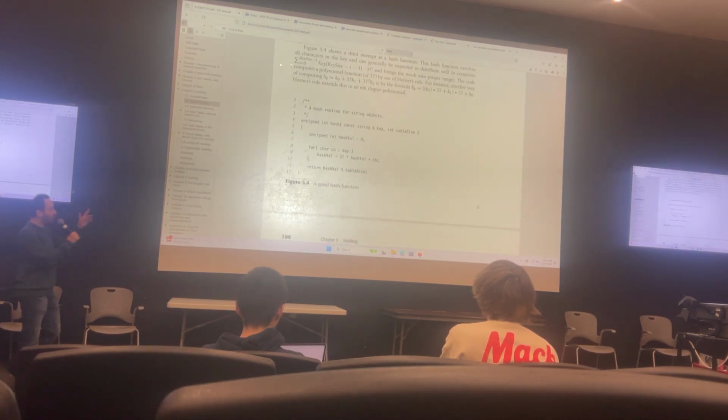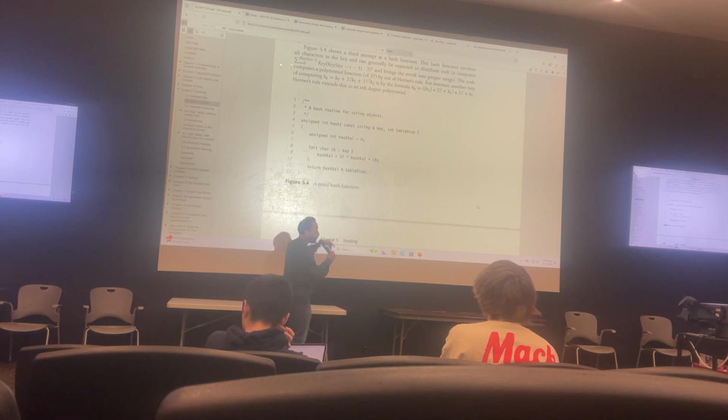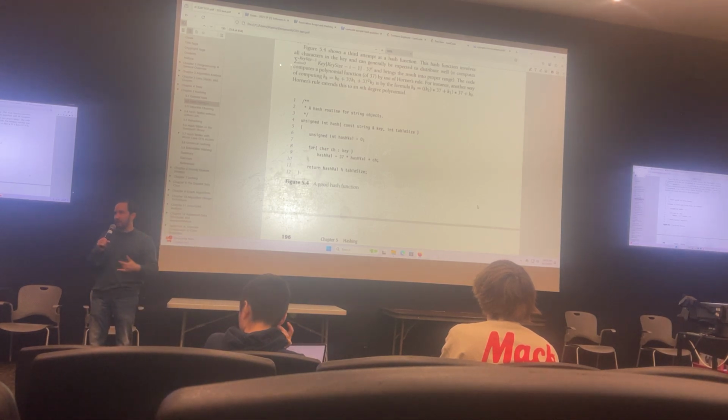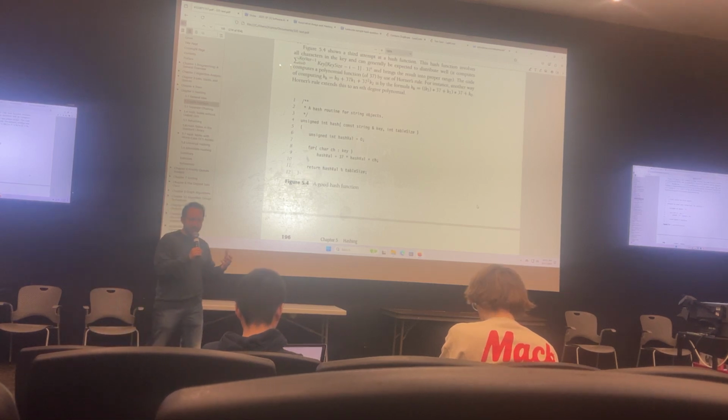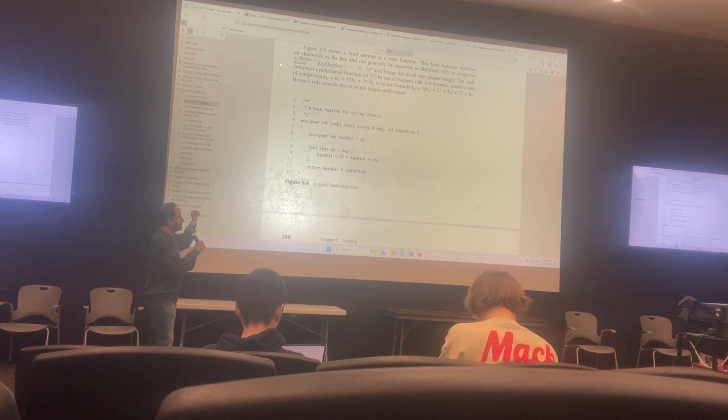We call it O of 1 because the computation it takes to hash an input does not grow with the size of the hash table. It does not grow with the number of inputs, but it does grow with the length of the input itself. So it's not efficient, but it's not linked to the size of the hash table. It's linked to the actual length of the inputs,